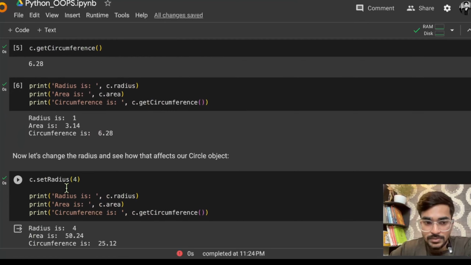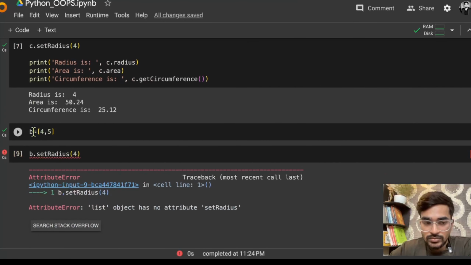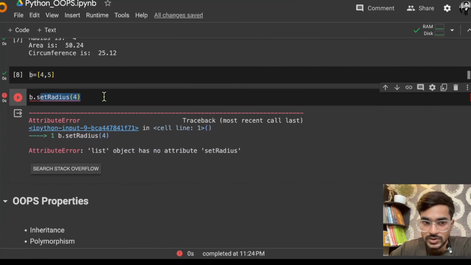So if you apply it on a list, the object created inside the list class will definitely get an error. No? List object has no attribute set radius, so it has no attribute with the name set radius, or there is no such method inside that list. So that is why it is giving an error.